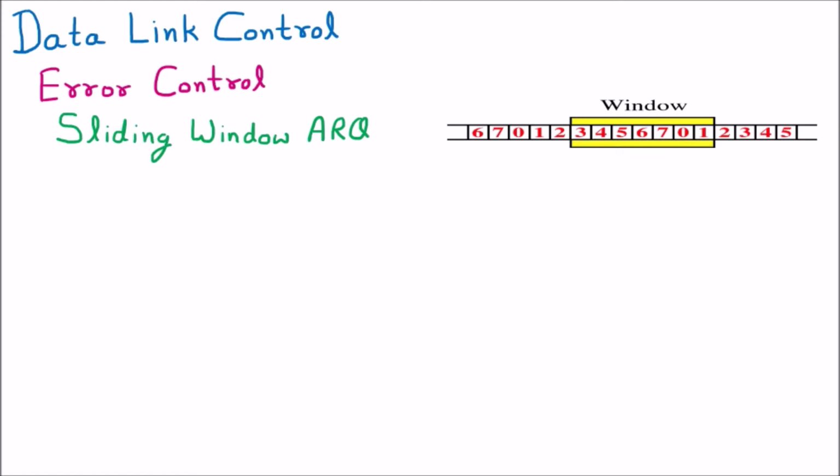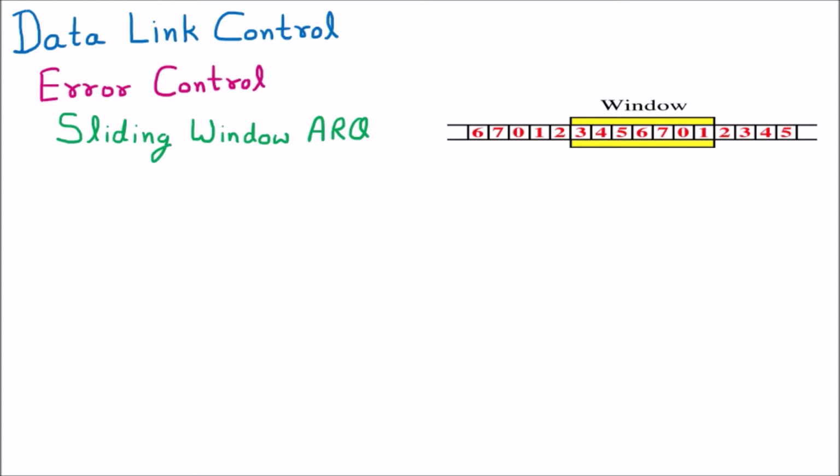We already know that there is one function, which is stop and wait, where we send the packet and wait for the acknowledgement. So that was modified into stop and wait ARQ. Now there is a second thing under flow control, which is the sliding window ARQ, where we are going to retransmit multiple packets. So today we are discussing the sliding window ARQ.